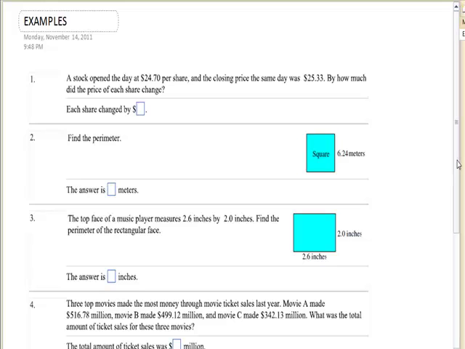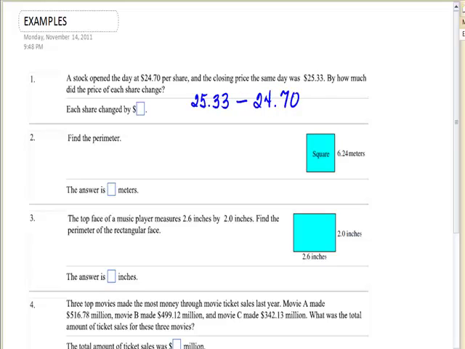All right, number 1. A stock opened the day at $24.70 per share, and the closing price the same day was $25.33. By how much did the price of each share change? How much did it change? How much did it increase? Well, you're going to take closing price minus opening price. So it's going to be 25.33 minus